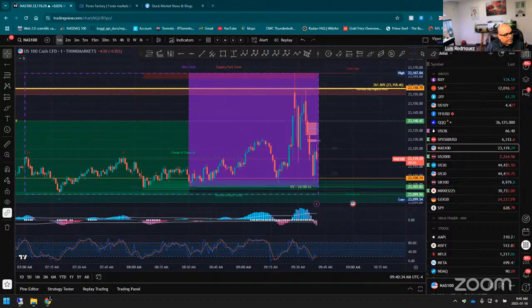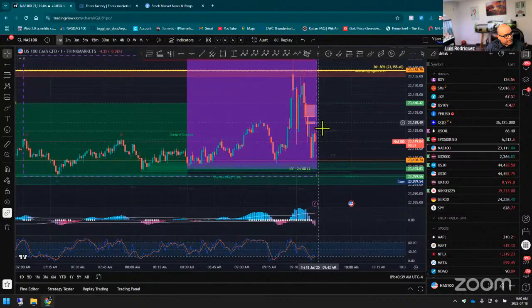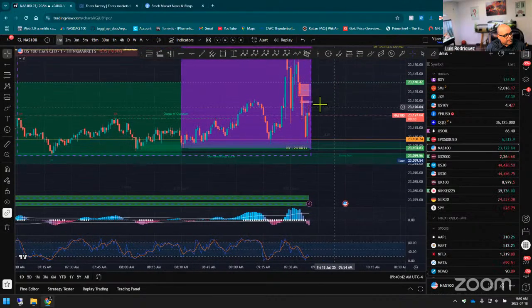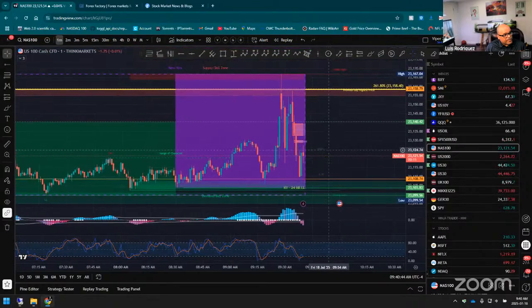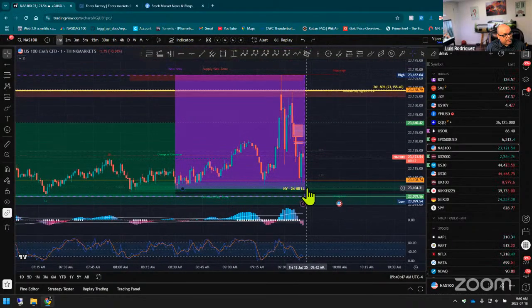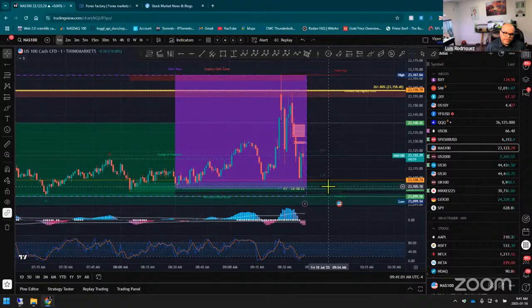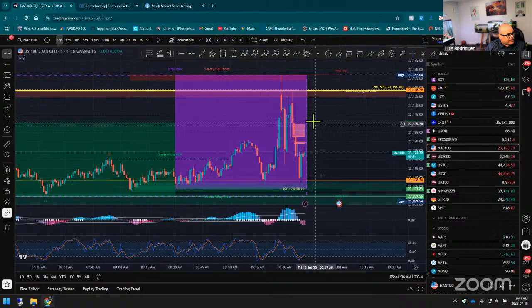Locking profits. I'm getting out of the transaction because now he went back to the equilibrium of this area. We are still in a discount zone. He might try to push it lower, but I am in this transaction winning big, so I'm locking my profits. Nothing is gonna take it away from me unless the market just calms down and takes me out. So what I say, you gotta have a game plan. It might just try to come back into these areas, but we will see.